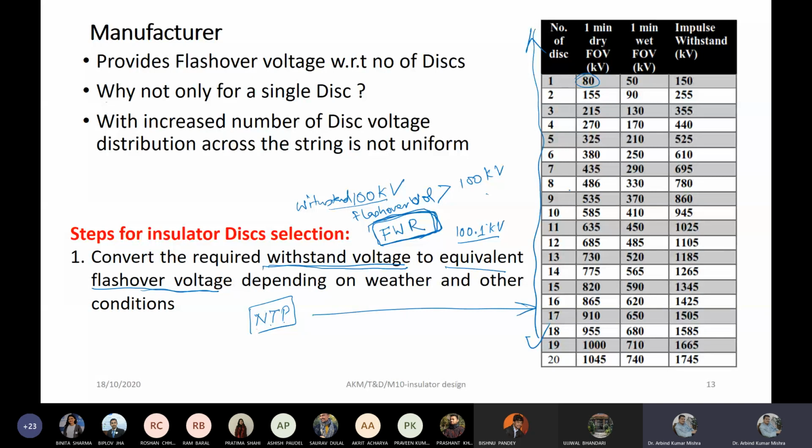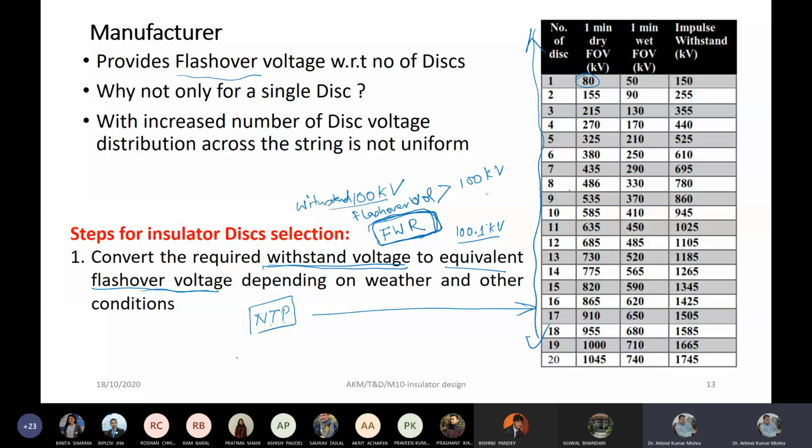I recall your memory: flashover we have defined as the failure of the insulation of the air surrounding the insulator. So it depends on the dielectric strength of the air also. And once the temperature and pressure vary, the dielectric strength of the air changes,